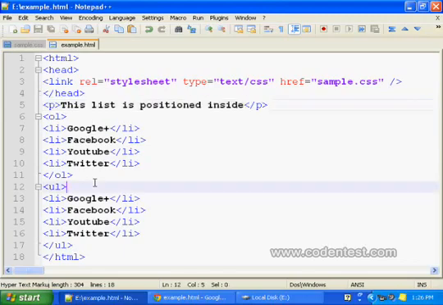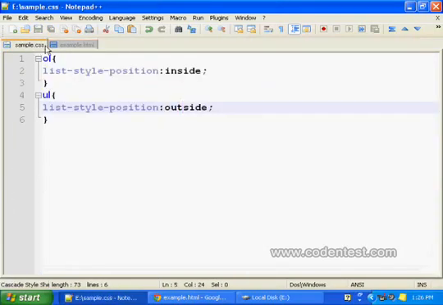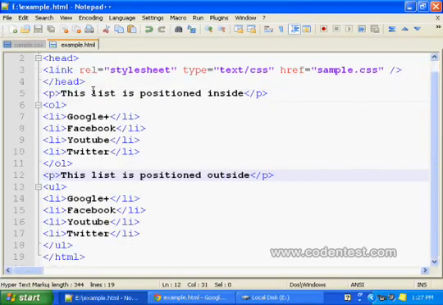Control C, Control V. This list is positioned outside. So we are creating two lists here. One is the ordered list, which is positioned inside, and the other is the unordered list, which is positioned outside.